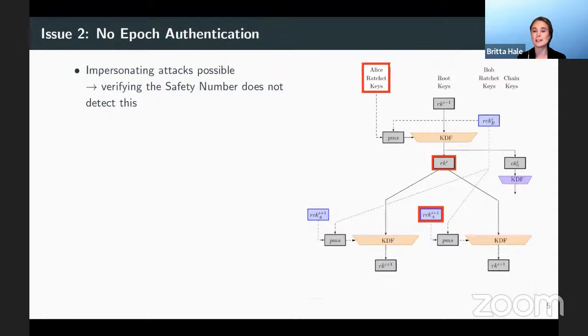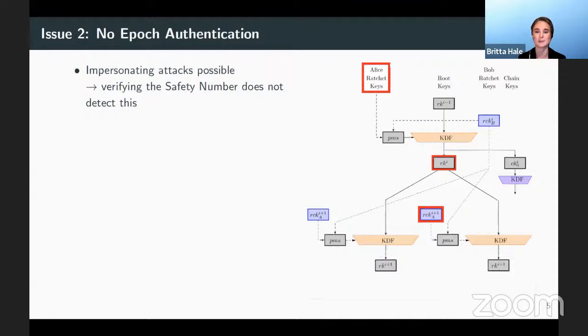So if we would really like to get authentication on this that matches the Signal context, this ratcheted key exchange context, somehow we need to tie it to the epochs. And we also need to basically model that human user in some way. Now, that's not necessarily intrinsic, that you always have to use this user out of band, but that's the current paradigm. So how can we capture that?